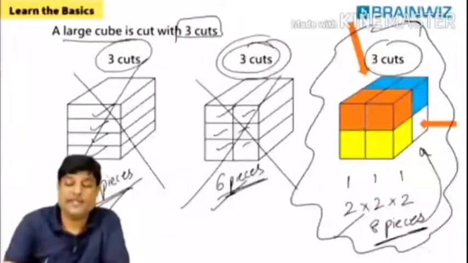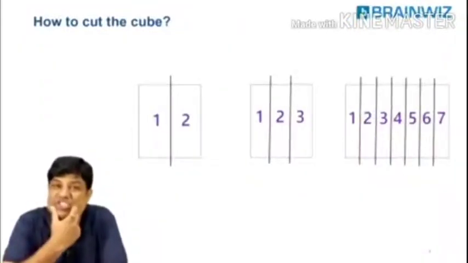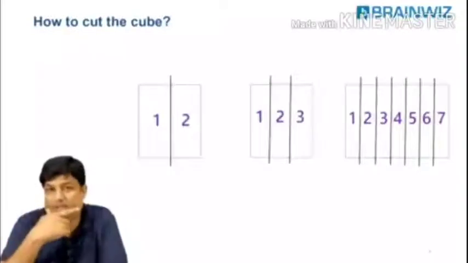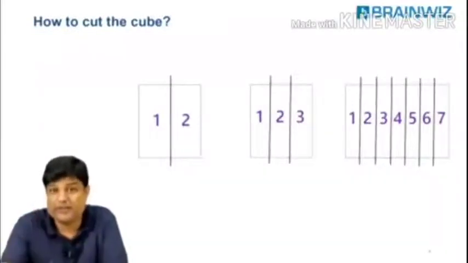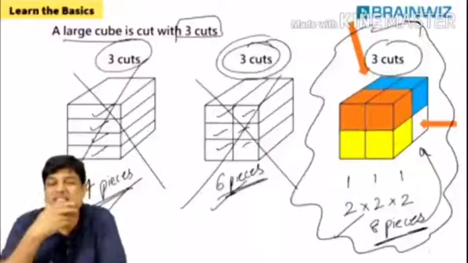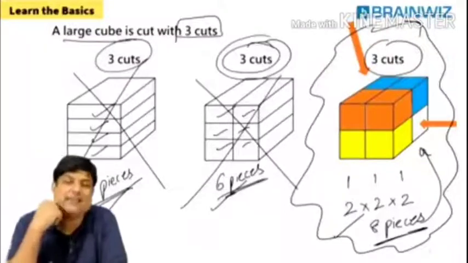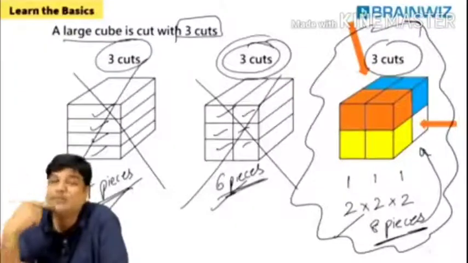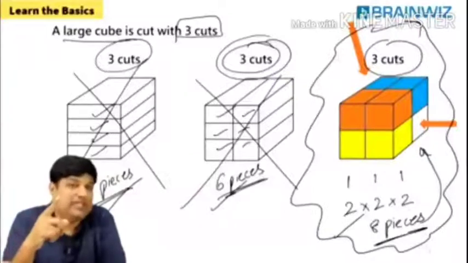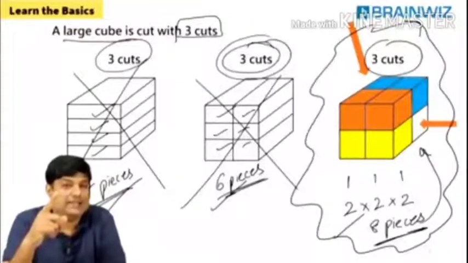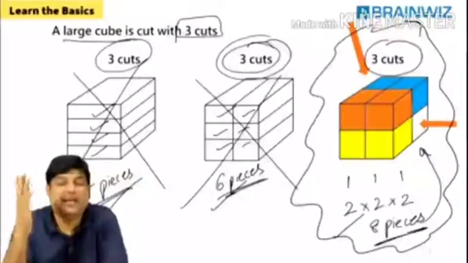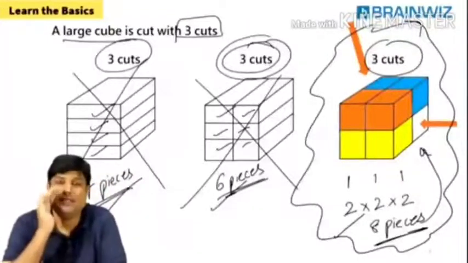What is the previous example teaching you? The previous example is teaching you that for every cut you get an extra piece. Am I right, everybody? What is this example teaching you? If you want maximum pieces, don't just maintain a single axis. Maintain all the possible axes: X-axis, Y-axis, Z-axis. Because it's not a paper.